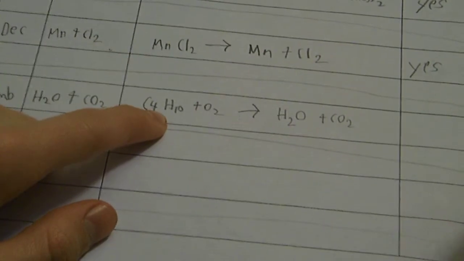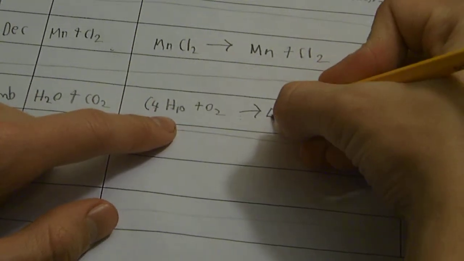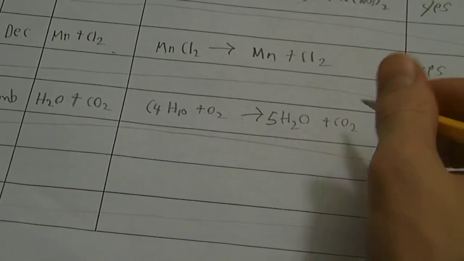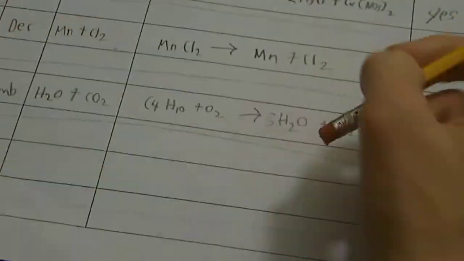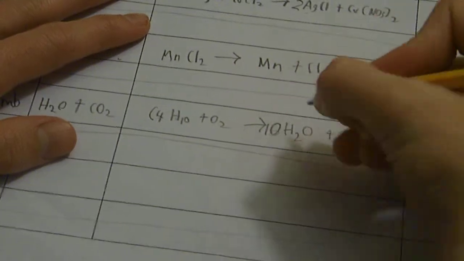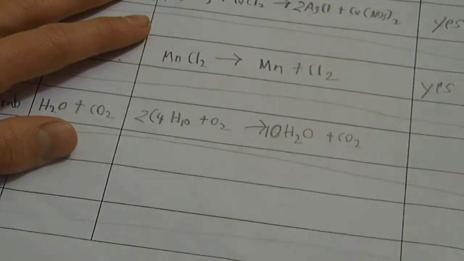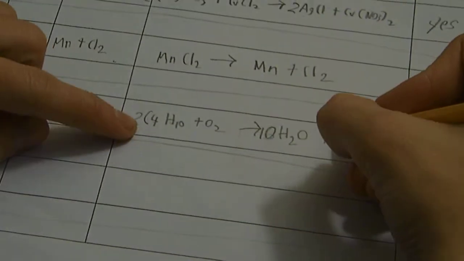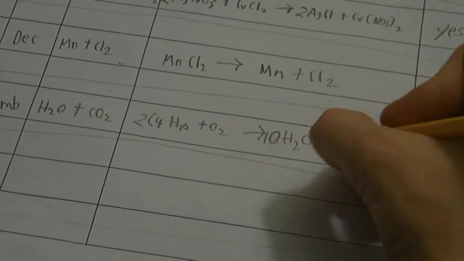We have 10 H's on this side, so we're going to have to put a 5 in front of the H2O, which gives us 5 oxygens, which isn't going to work because that would be an odd number, so you're going to have to double this. So you're going to get 10, which is really 20 H's. Then you're going to have to double this one too, so you're going to put a 2 right there, 10 right there. So now you have 8 C's, so you're going to put an 8 right there, 8 CO2,